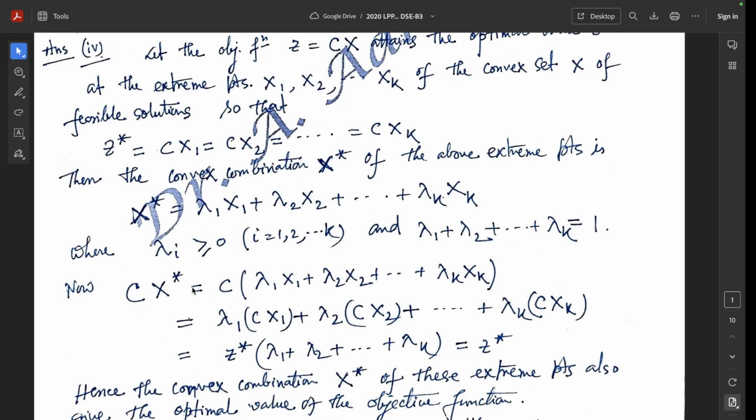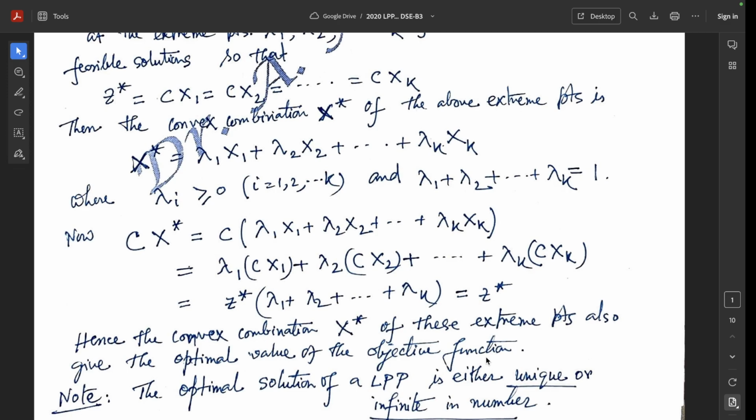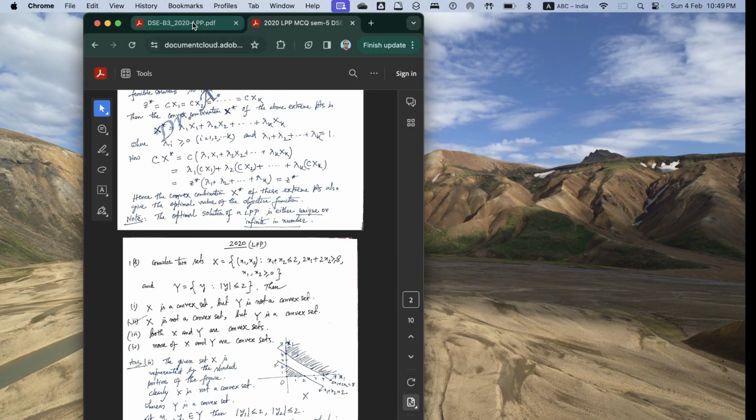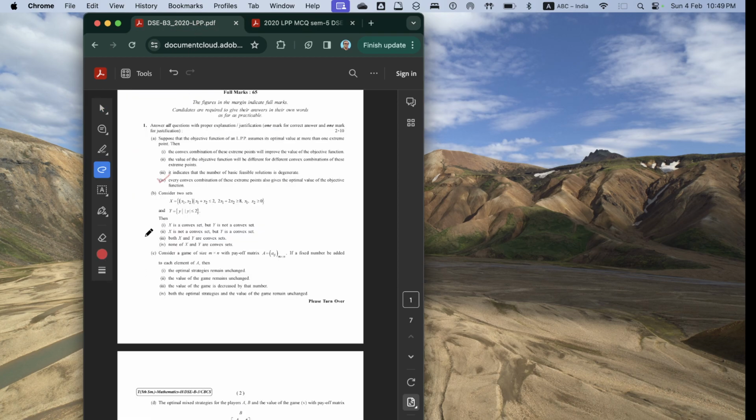Now cx star equal to c common, so this is lambda 1 cx1 plus lambda 2 cx2 plus up to lambda k cxk, and each cxi equals z star, so we take z star common, and lambda 1 plus lambda 2 and so on equal to 1, so this equals z star. Hence the convex combination x star of these extreme points also gives the optimal value of the objective function. Note that the optimal solution of an LPP is either unique or infinite in number. Next question,